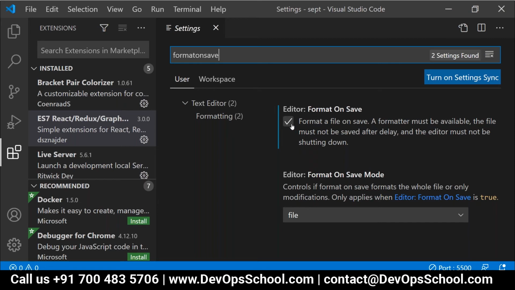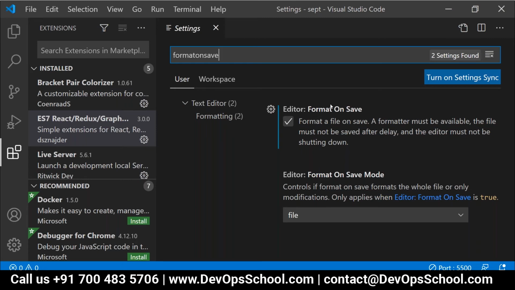At my end it is already checked, and at your end, I believe because of the default setting, it is unchecked. Yeah, done. Okay, so just click on it. This format on save